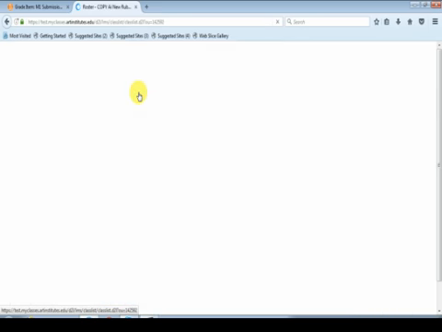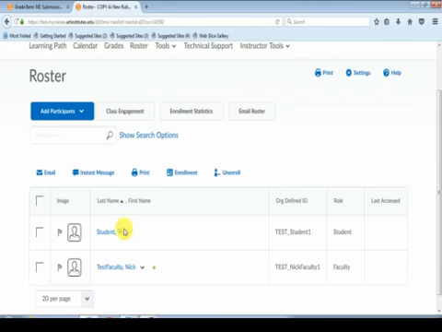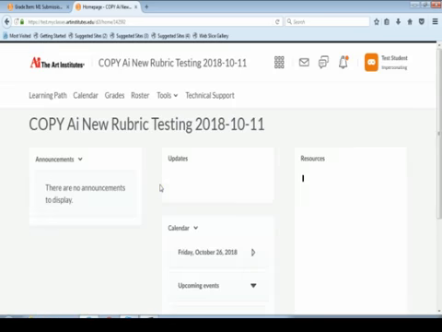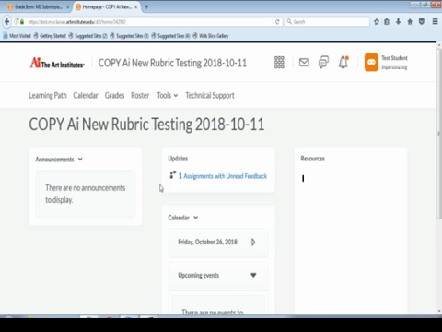So we'll go over to our roster and we're going to impersonate a student. So this update has now streamlined the way our students are able to view their grades. Instead of having to go into different locations in the classroom to view their grade, to view feedback, and also to access their graded rubric, students are now able to view this information directly through the gradebook. As a student, I can click on Grades,